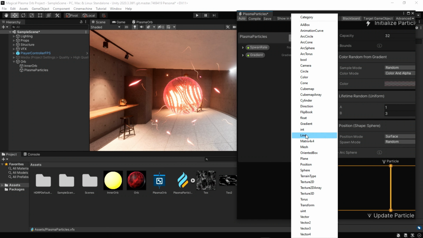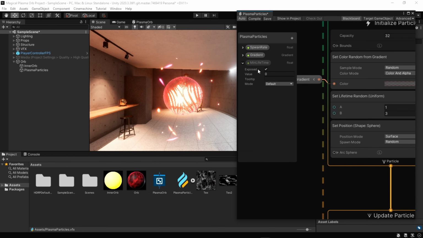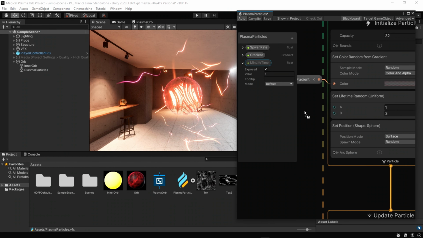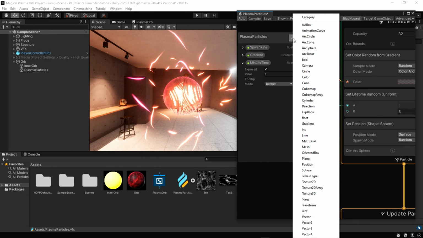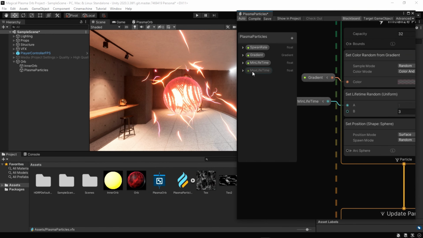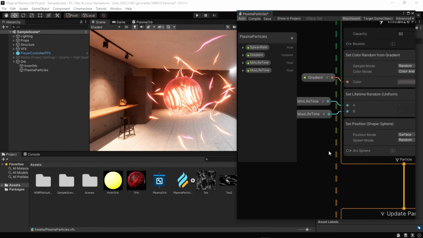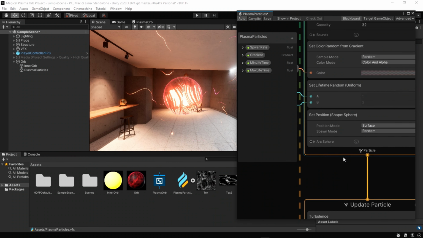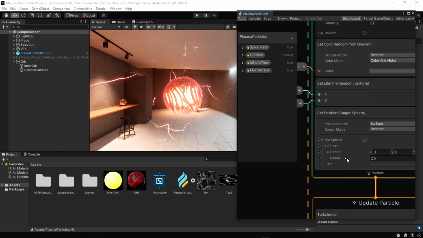For controlling the time left of particles, let's create two properties, one of them minimum lifetime and the other maximum lifetime. To control the size of this sphere, let's create another property and link it to radius of sphere.